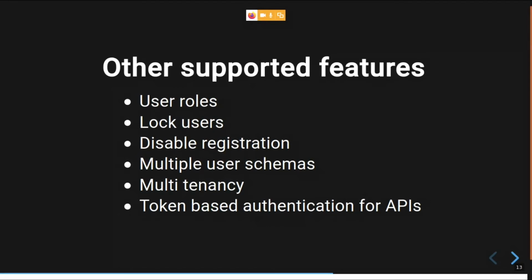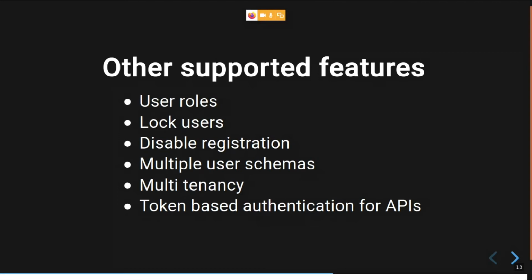So multiple user schemas means, in our use case, suppose we have a public facing portal, say a customer portal or public portal, and users can register and use our application, and we also have an admin portal.